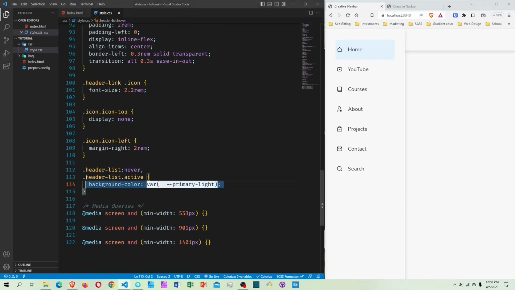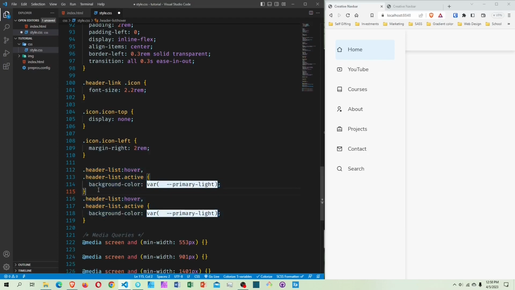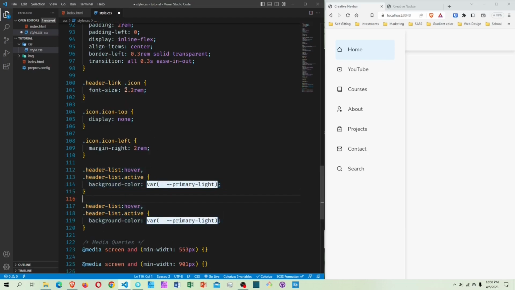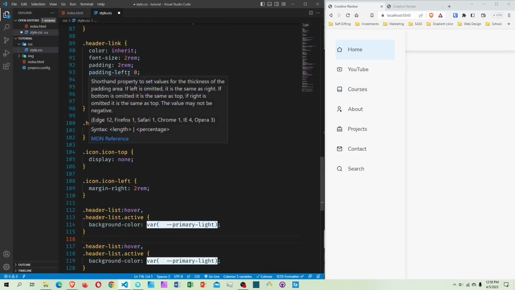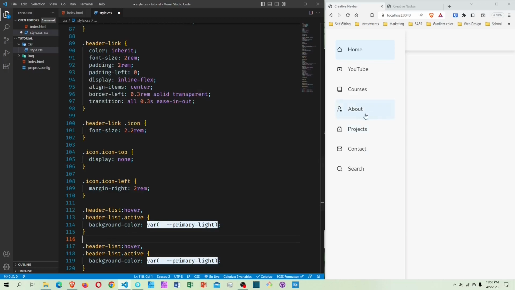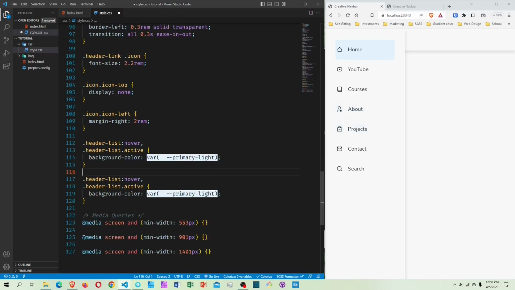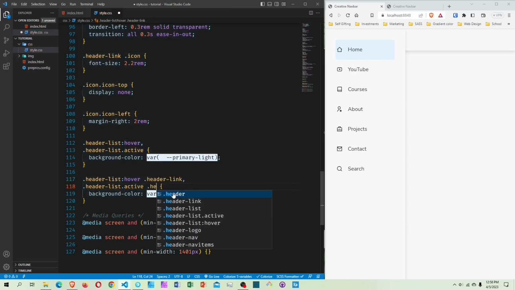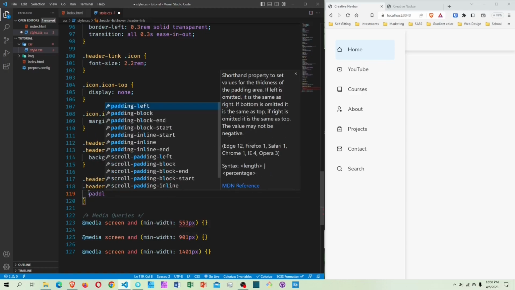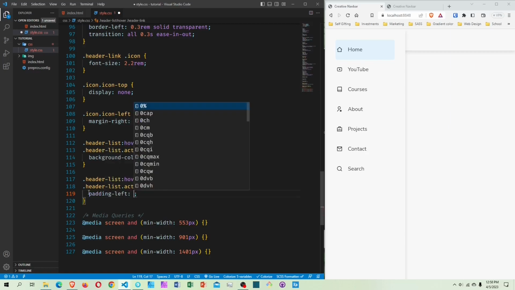Okay, so I'm going to duplicate this one again. Now we're going to style the header link once we hover it, because we gave it a padding left to be 0. We want to give a padding left now to be 2 rem. So instead of just hover, we're gonna add the header link. So once we hover on a header list, we want to affect the header link as well. Header link, and this one will be padding left of 2 rem,